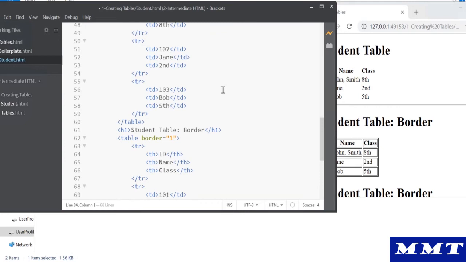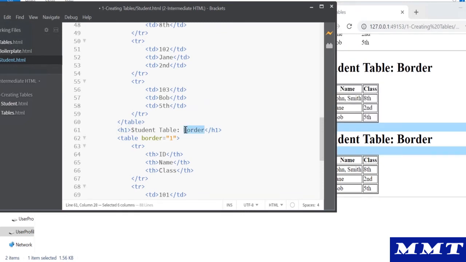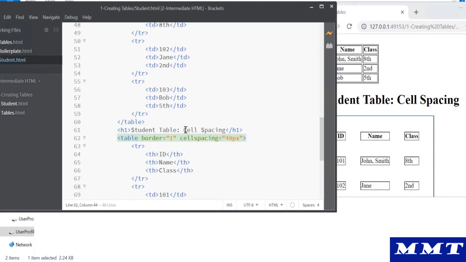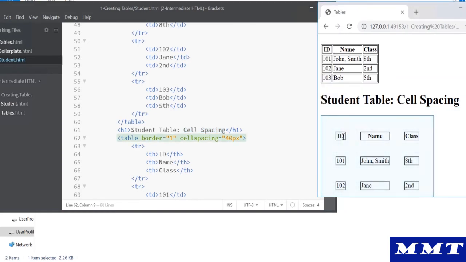The next example is called cell spacing. Okay, you can add cell spacing, that is the attribute, and you can mention how many points it is. Px means points. The spacing is basically the spacing between the columns, right? If you see here, there are columns like ID and name.